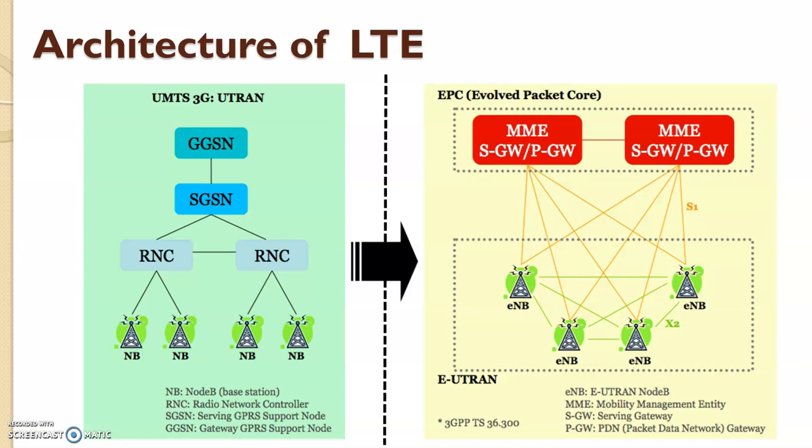Now let us see the second part of the diagram. This is the evolved packet core, also called the core network. The architecture of the evolved packet core is shown in the diagram. There are a few more components which are not shown in the diagram to keep it simple. These components are like earthquake and tsunami warning systems. The equipment identity register, EIR, and policy control and charging rules function are not shown in this diagram.